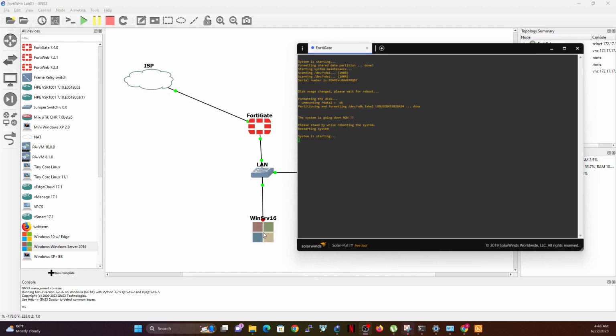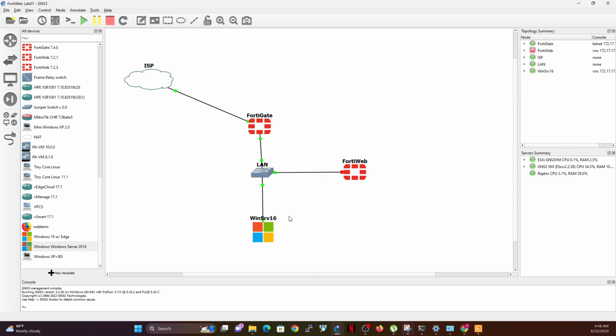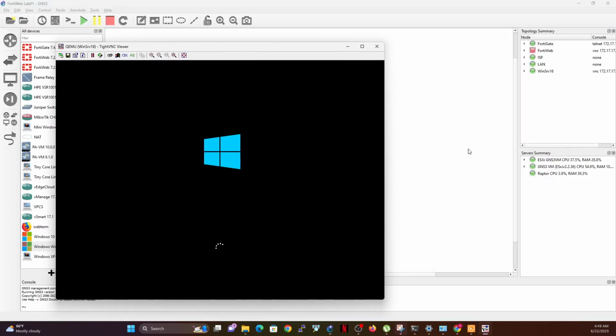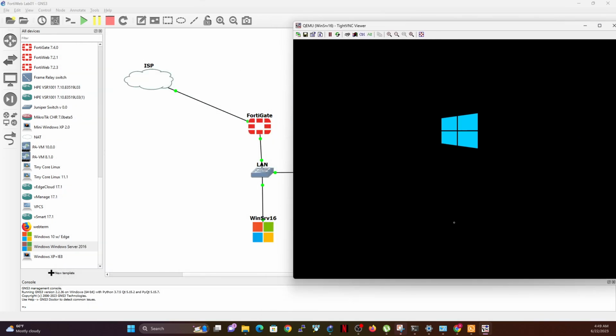I could actually access it from this server here as well. So while this is coming, we could also boot up this server. That's actually a good idea as well. Boot up this server and see how that works. So I'm going to pause this. Okay, let me open the console for the Windows Server. The Windows Server is currently booting. The username and password for the Windows Server is admin. You'll see that also when you install that. So once this is up, we can access the FortiGate using this. So I can access it on my LAN.